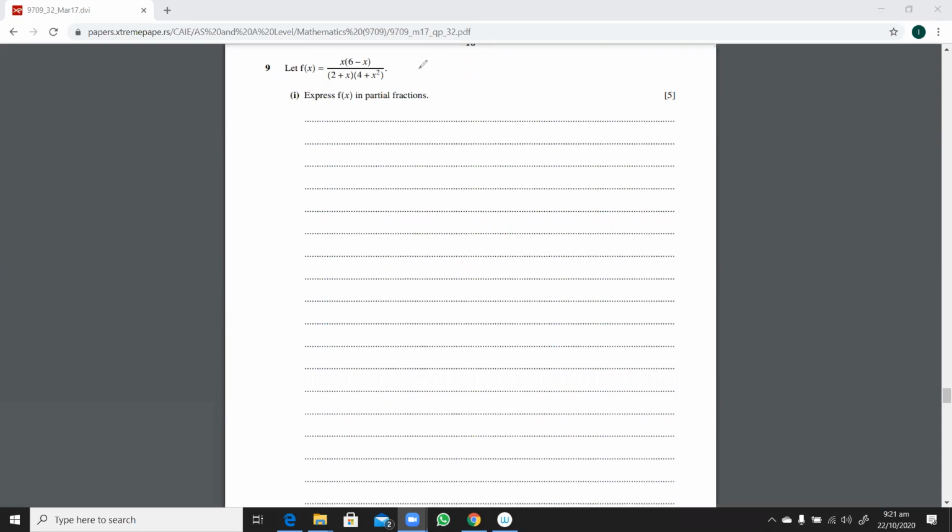So I will be starting here. There are two fractions to be here. One is A over 2 plus x. The other is Bx plus C over 4 plus x squared. But before I write these fractions, I should be very sure that this is a proper algebraic fraction. Now this x into 6 minus x is equal to A into 4 plus x squared plus